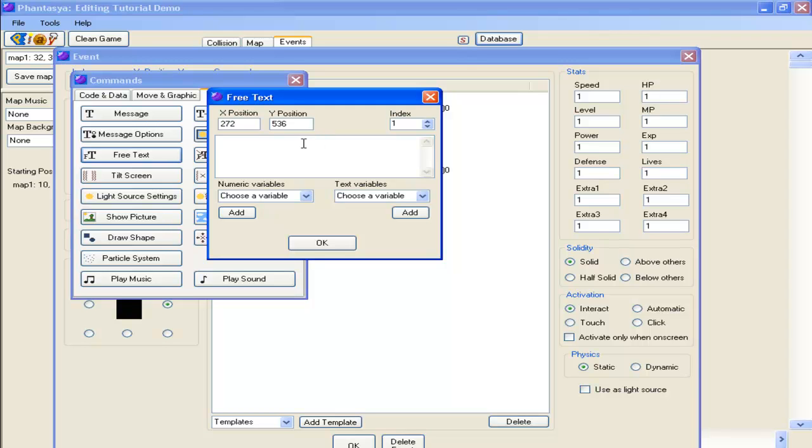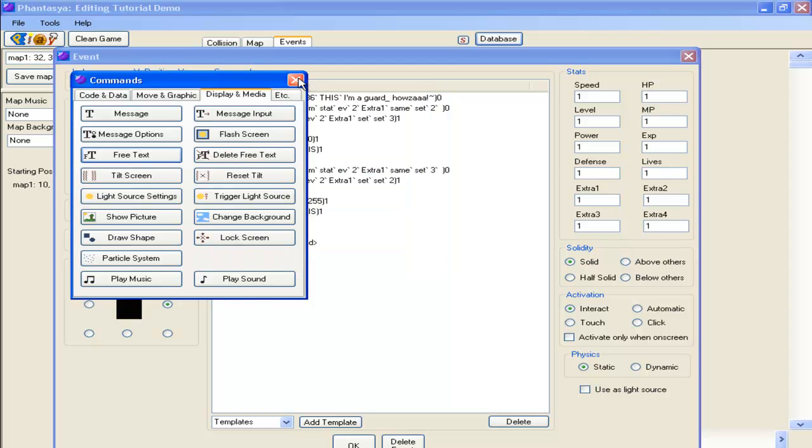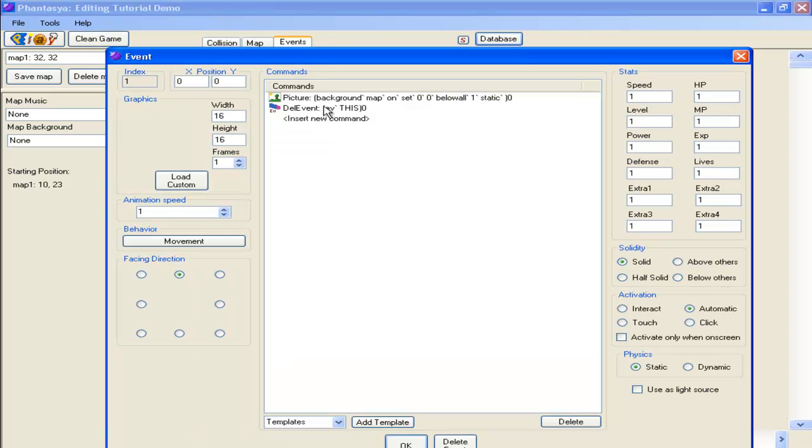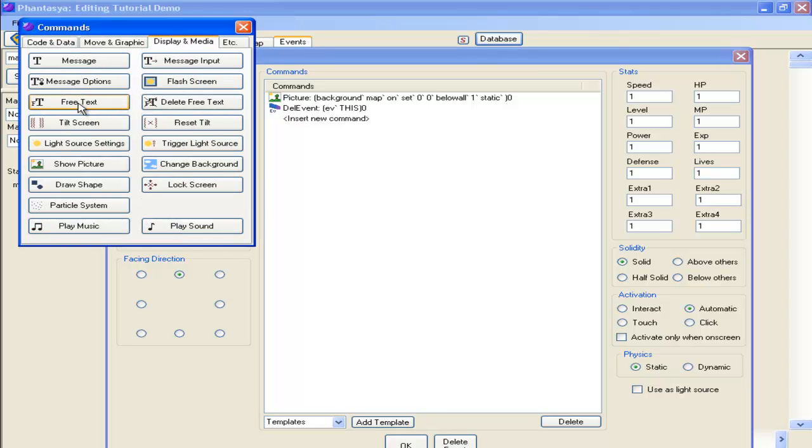Let's try this. Free text. We'll do this and give it an index 1. The index you give it isn't very important, but you need to remember it, because if you use a new free text later that uses an existing index, the current free text surface related to that index will be overridden. We won't enter this here because we don't want it to repeat, but we can go here, which is an event that already is deleted once it's operated on, and add the free text here,